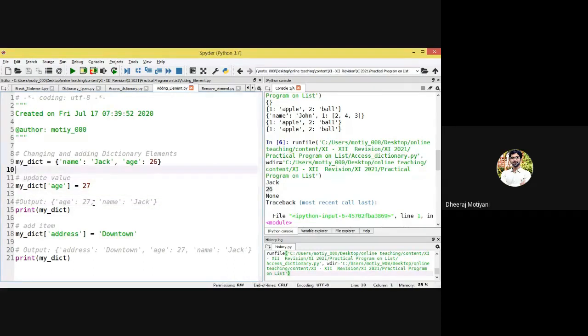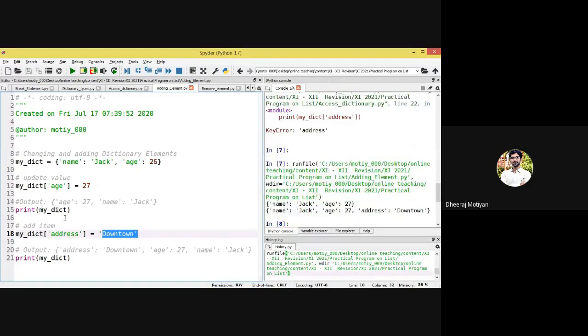So I'm having name Jack, key value age 26. I want to update this dictionary with age 27. So I will update this dictionary. I want to update this dictionary with the new item which is called address, and that address is having some value. So you can update that also. You can add some element.